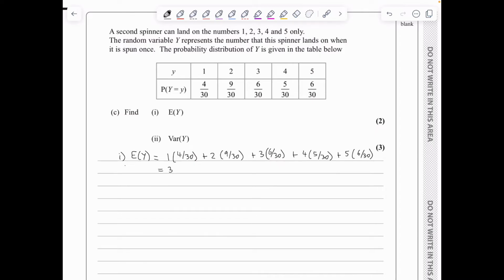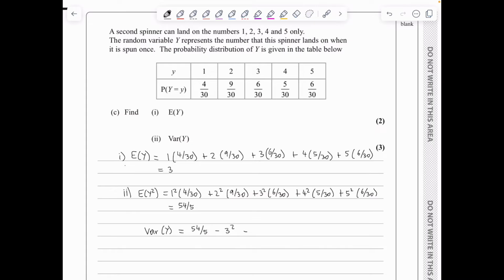This is the expectation of y, and for the variance of y, I will start by finding the expectation of y squared. So that's going to be 1 squared times 4 over 30 plus 2 squared times 9 over 30 plus 3 squared times 6 over 30 plus 4 squared times 5 over 30 plus 5 squared times 6 over 30, and this is giving me an answer of 54 over 5, and therefore the variance of y will be the expectation of y squared, so 54 over 5, minus the square of the expectation, so 3 squared,